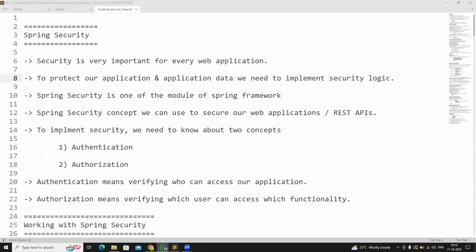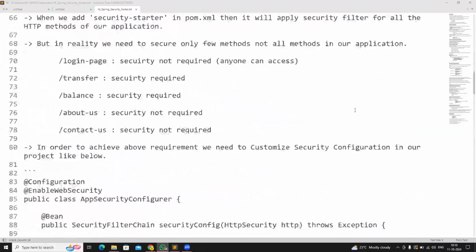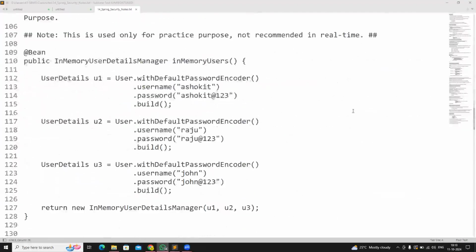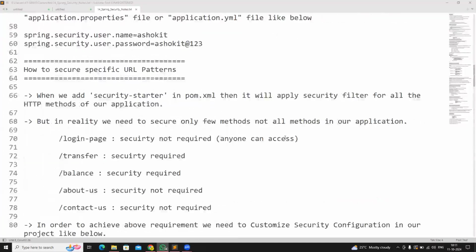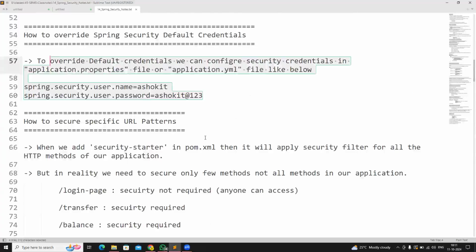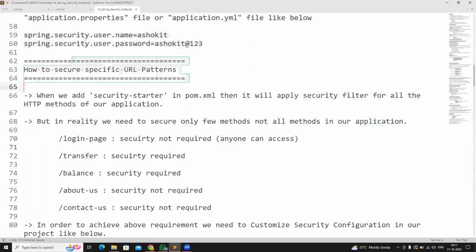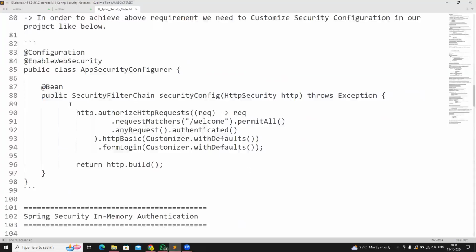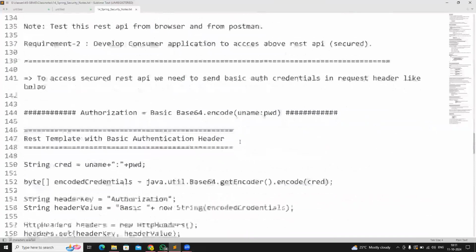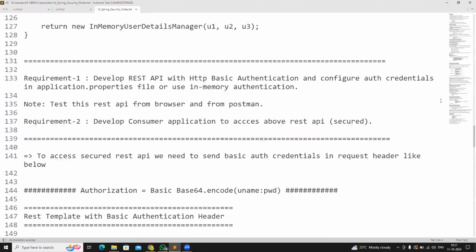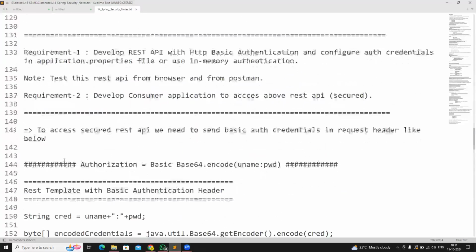Good morning, everyone. In the last session, we discussed what Spring Security is and how to work with basic authentication with default credentials, how to override the default credentials by using a properties file, how to secure specific URL patterns in our application, how to customize the security filter chain, what in-memory authentication is, and how to implement a consumer application to access a secured provider by using REST template and web client,